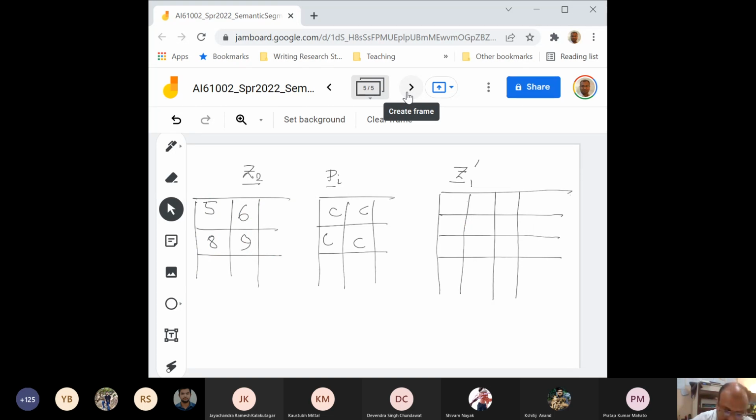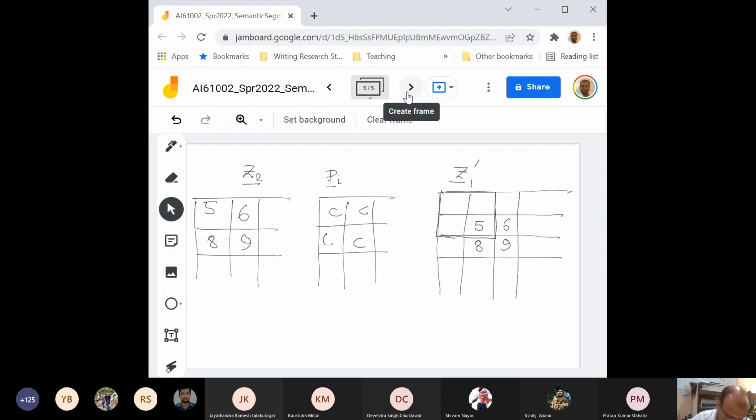Now 5 comes from the location C. So in this particular point, which is location C? Location C is over here. So I'm going to put down the value 5 over here. 6 comes from the location C, which is over here, so I put this value over here. 8 comes from the location C, so I put this value over here. 9 comes from the location C, so I put down this value over here. In case there were 2 locations from where it came, the value would also be the same from the same location, and then the average is also the same, or even if it gets overwritten, there is no problem. So this is how you do the unpooling.